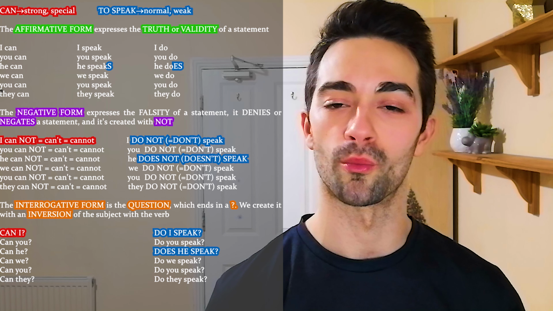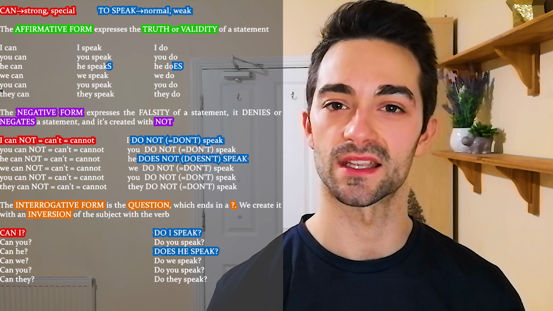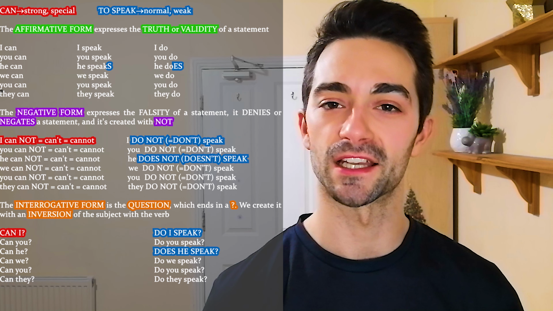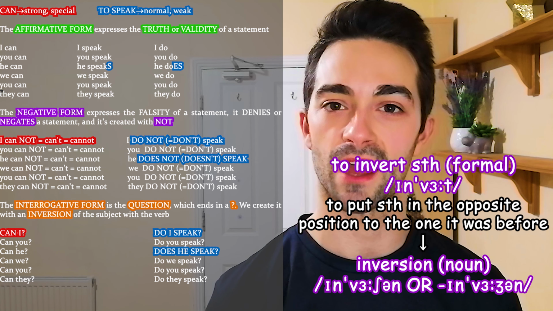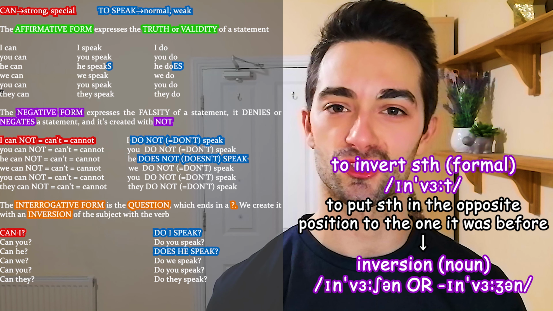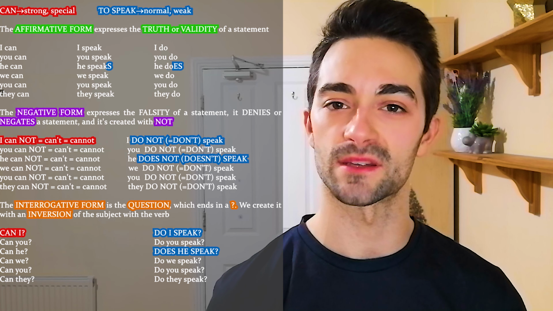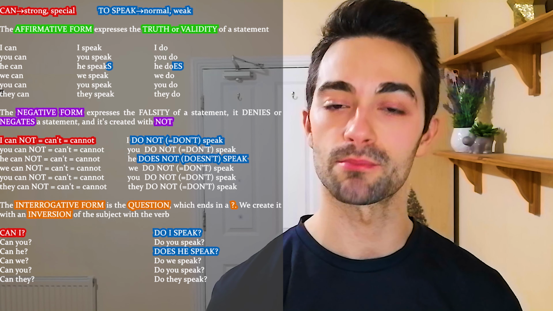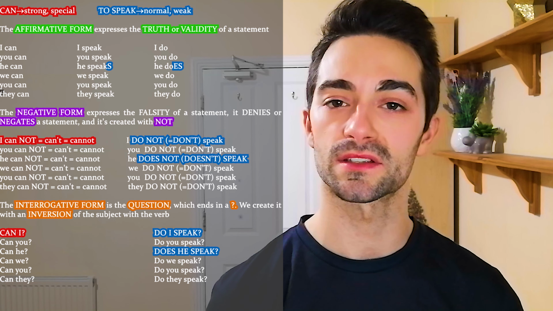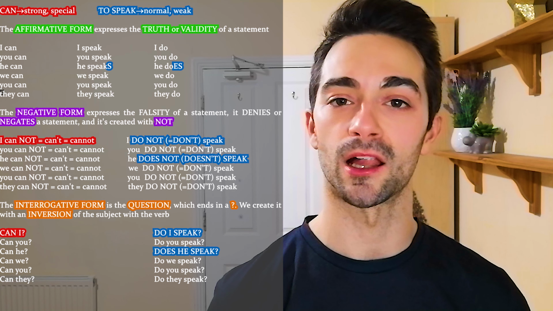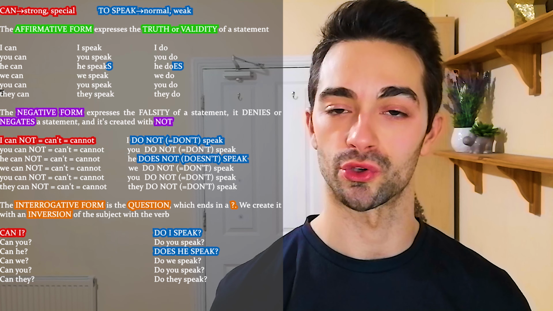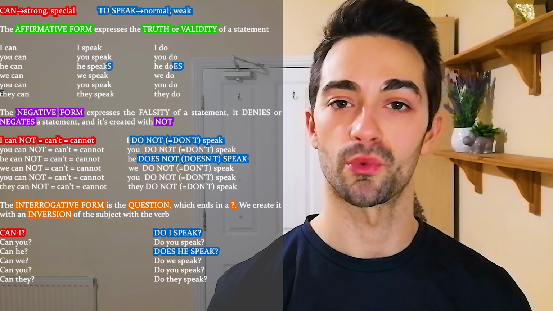The interrogative form is the question form that ends in a question mark. In English, the interrogative form is created with an inversion of the subject and the verb. Since can is a strong verb, it can do a very simple and visible inversion by simply swapping places with a subject. To speak, on the other hand, is too weak to simply change position, so again, it needs the help of an auxiliary verb, to do, which absorbs the inversion and does it instead of speak, so we get